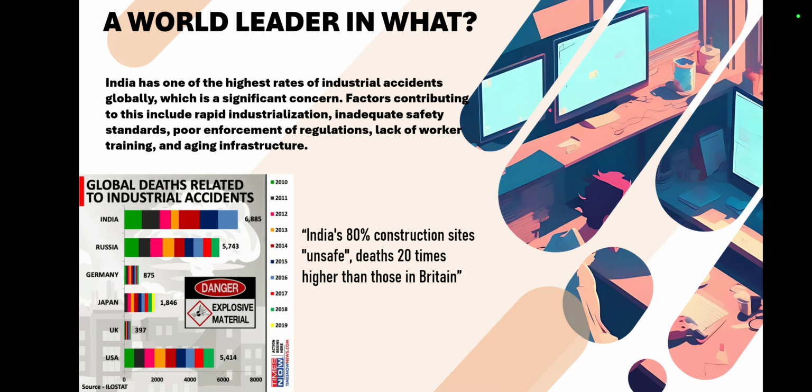India is a world leader in what? India has one of the highest rates of industrial accidents globally, which is a significant concern. Factors contributing to this include rapid industrialization, inadequate safety standards, poor enforcement of regulations, lack of worker training, and aging infrastructure. In 2020, India implemented OSHA regulations, which are similar to what we have in the US, which basically created